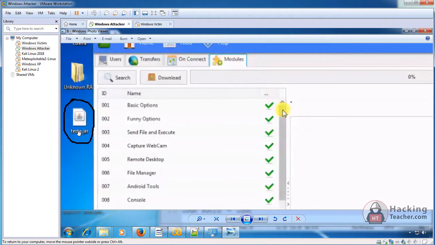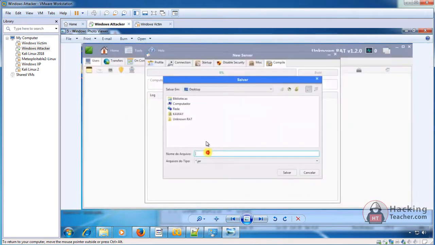Some people think that rather than exe, people may double click a jar. May. Because with exe they think they will never double click. It's also sometimes a reason. So you can generate a jar file and send it, but still only if they use Java. And the second drawback of this RAT is that normal cryptors will not work over it, because normal cryptors are built to encrypt exe files. To encrypt a Java file, you need a special cryptor, which is very, very hard to find over the internet.